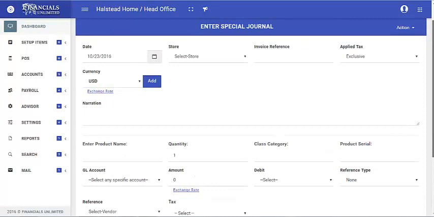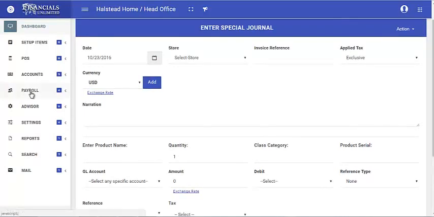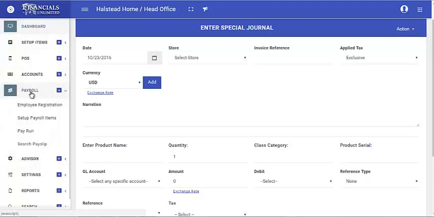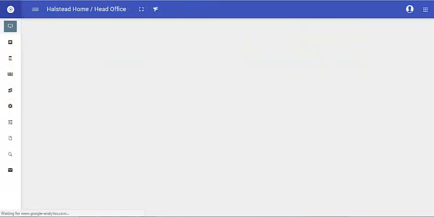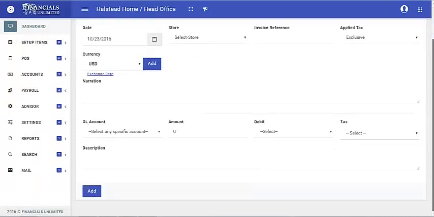There is a difference between manual journal and special journal. In manual journal, if I click add new manual journal, you can see over here, only these lines are available for transaction.